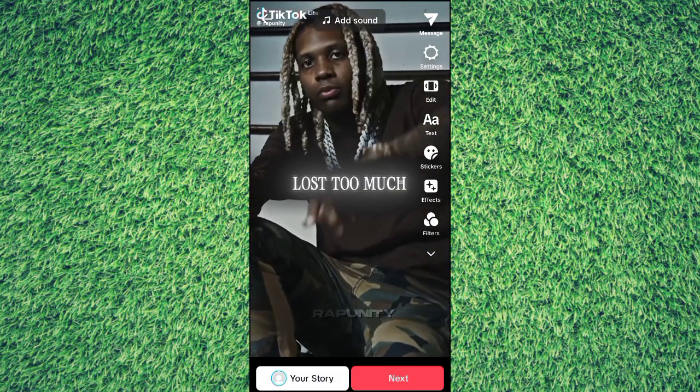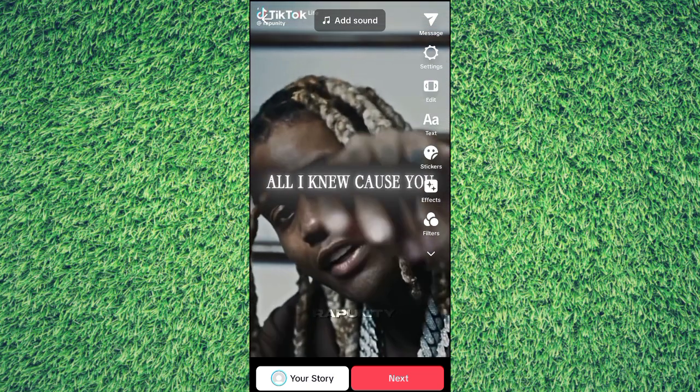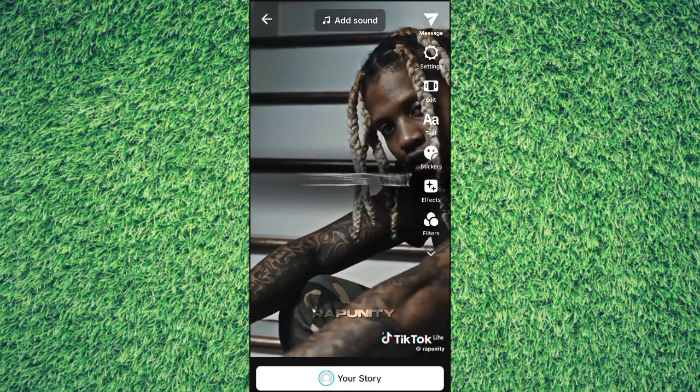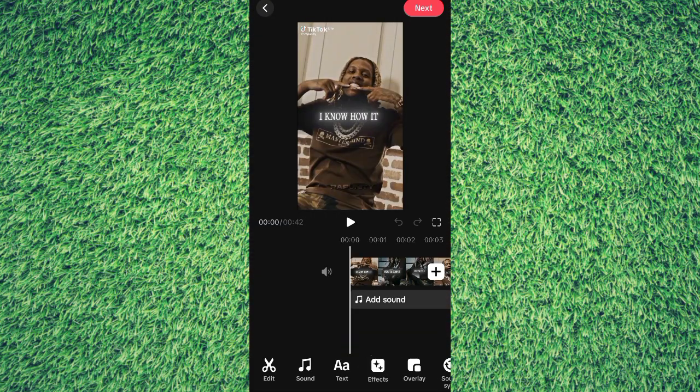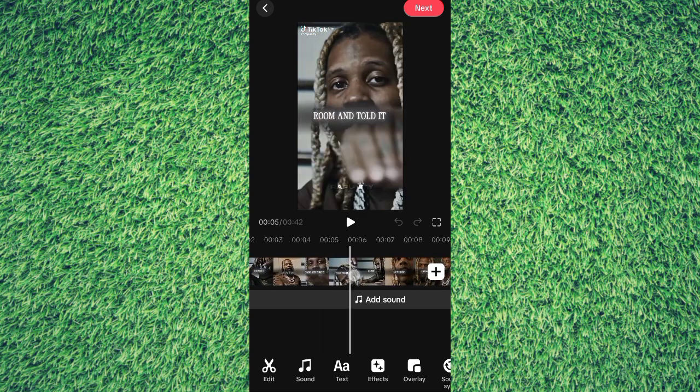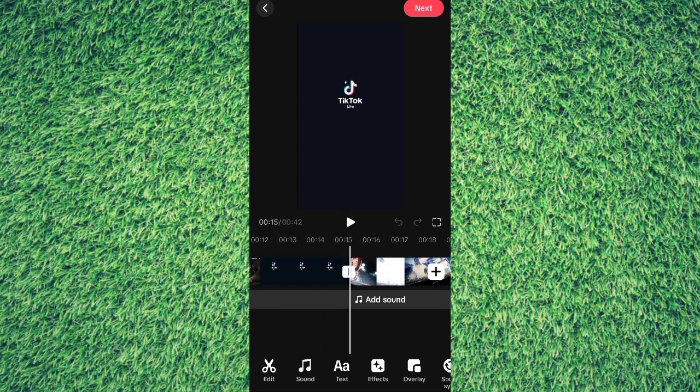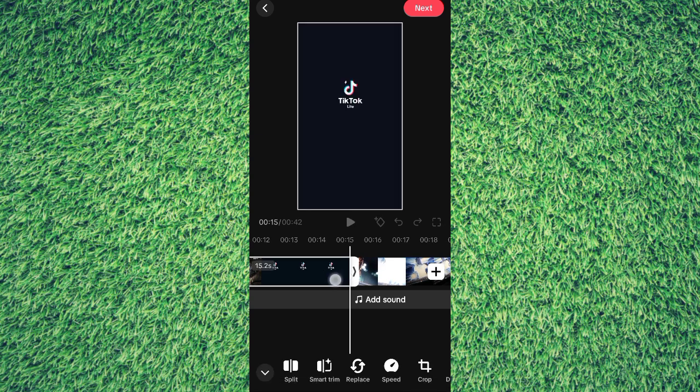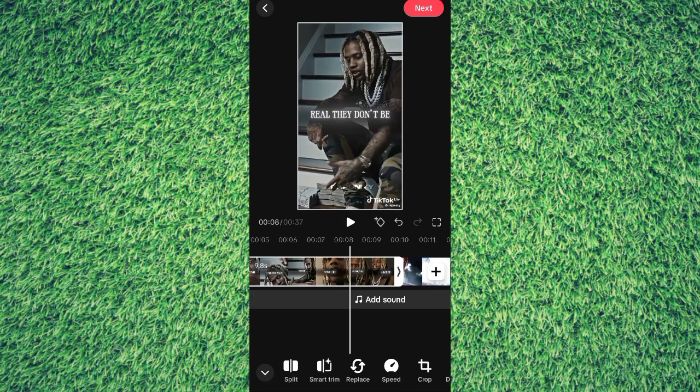You'll see a preview of your merged image or video on the editing screen. At this point, you can unleash your creativity and add stickers, filters, or even draw on your merged image or video. Pretty cool, right? And there you have it, a simple guide on how to merge two videos on TikTok